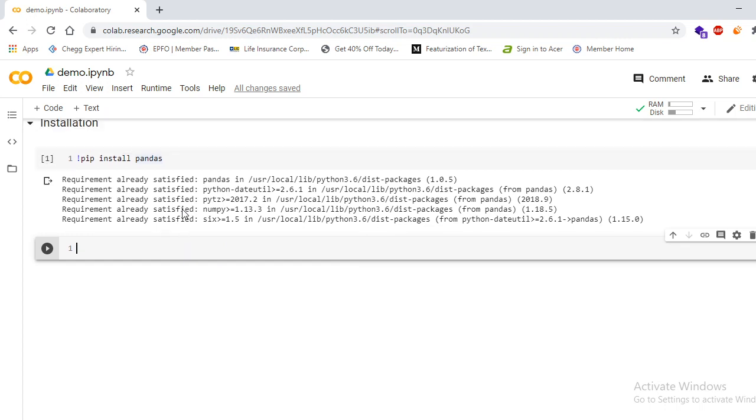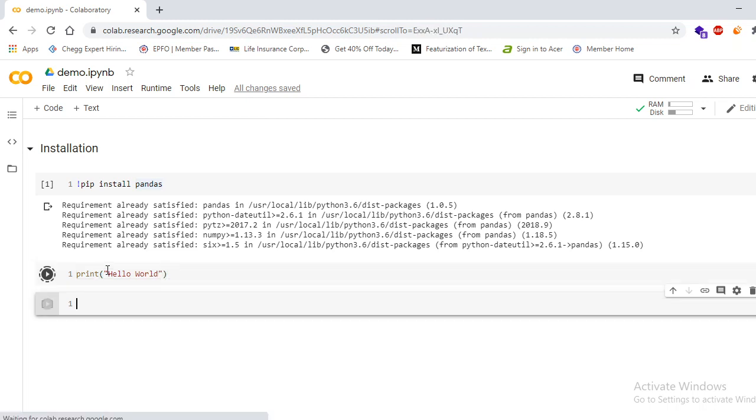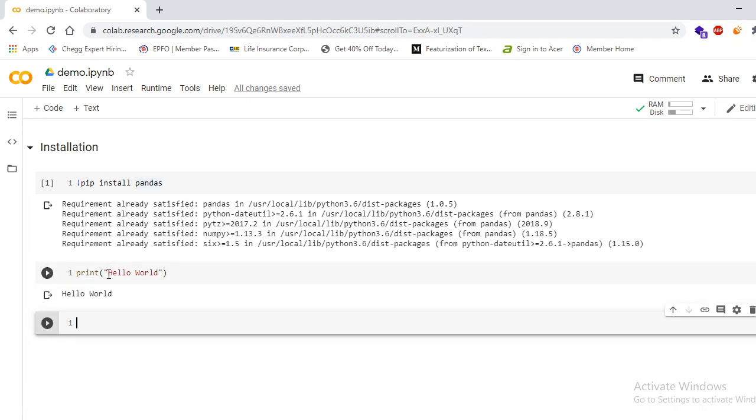So fine. Now we will see how we can write the code. For writing the code, it is very simple. If the code section is not there, you just have to click the code section, and after clicking the code section you can write the normal code. So let me write print, and inside print I will just write hello world. So print is similar to printf in C. Whatever we used to write printf for, in Python we just need to write print. As you can see here, it is printing hello world.